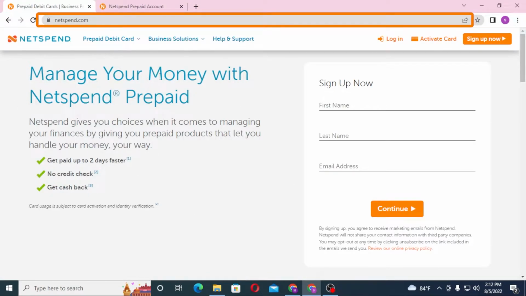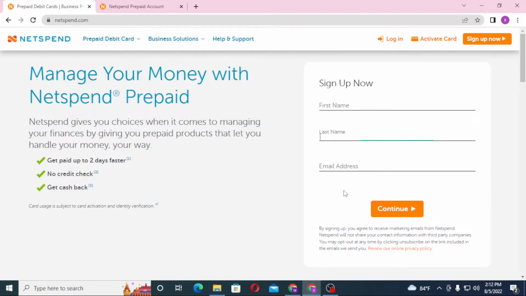Click over there, and on the first tab we are on the home page of Netspend account. You can also sign up from over here, but to sign up more efficiently and see more details, you can see the sign up now button available at the top right corner of your screen. Click on sign up now,